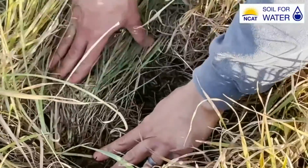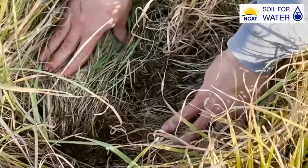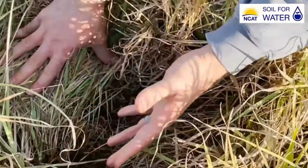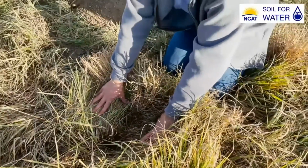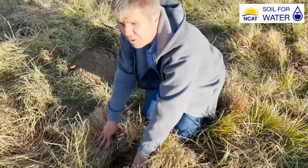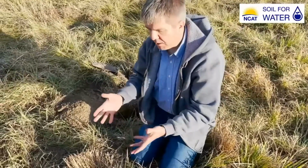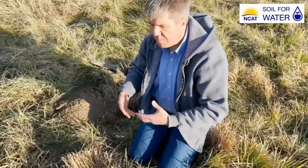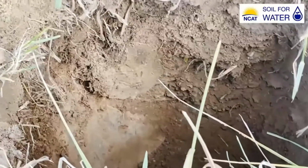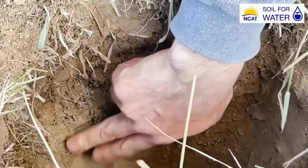Now if we have residue out here that has turned gray, then that's not such a good thing. Generally, whether we're talking cropland or pasture, we want our residue to basically be recycled every single year. So we don't want residue hanging around longer than a year, because we want that to be incorporated into the soil profile. So right now what we're seeing, folks, is for the most part our roots here,